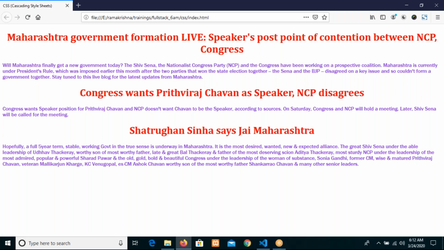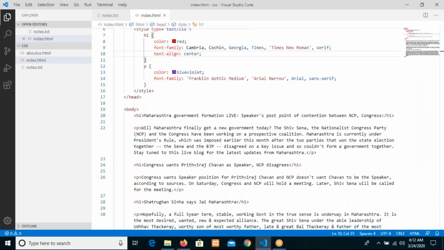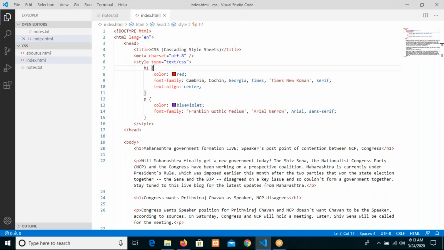So at one place, whatever properties we write are all reflected in the given elements. But this is also not much recommended,